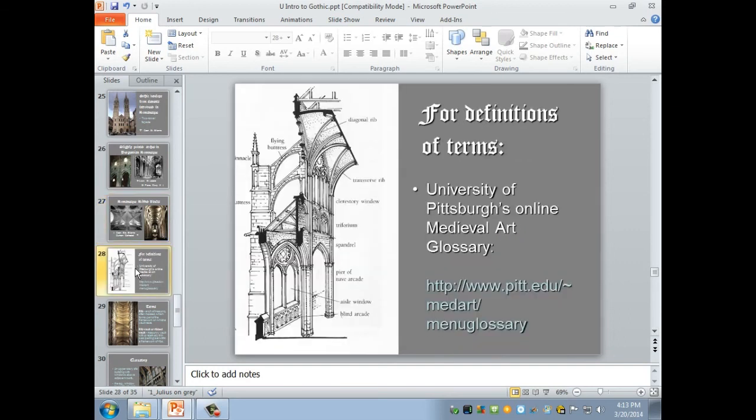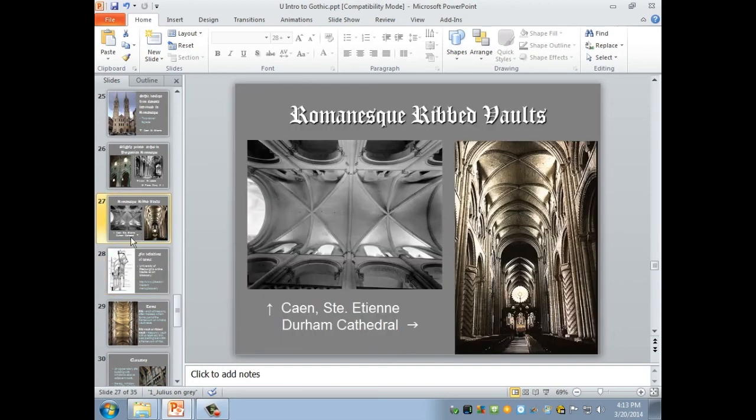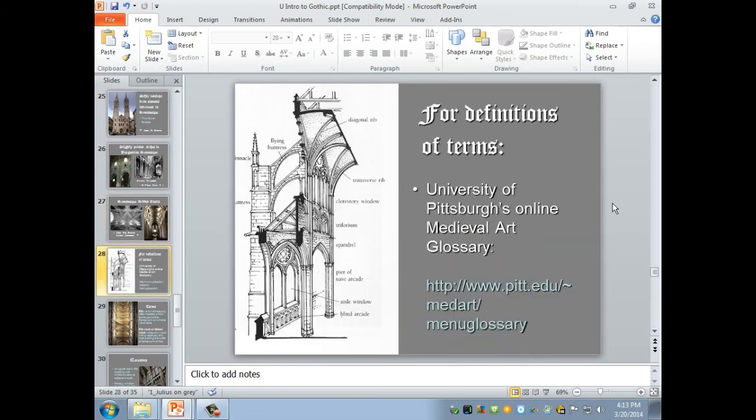The pier, the major support of the nave arcade. Up above the arches, you might think of the corner up there. It's called a spandrel. And the triforium is a smaller perforated place between the arcade and the clerestory. The clerestory, of course, is the top window level. So, it's easier sometimes just to see them in a diagram. Let me show you some of these and give you some of the definitions.